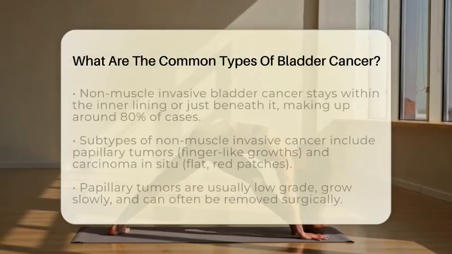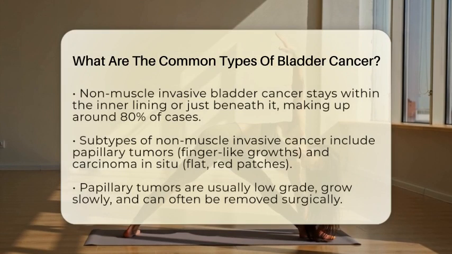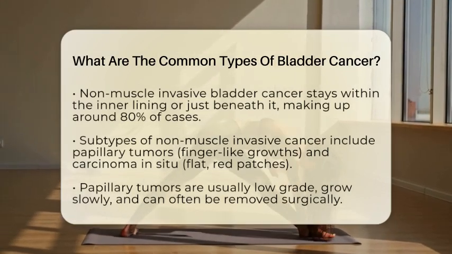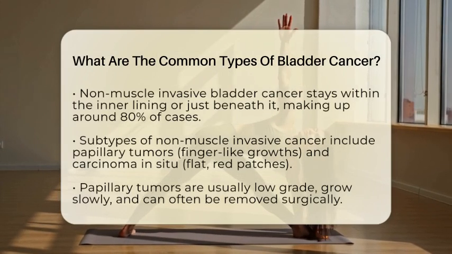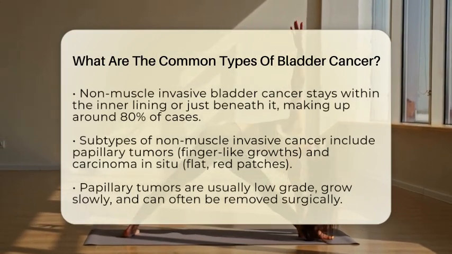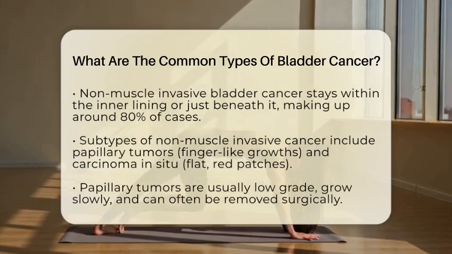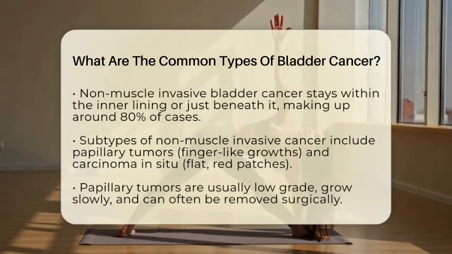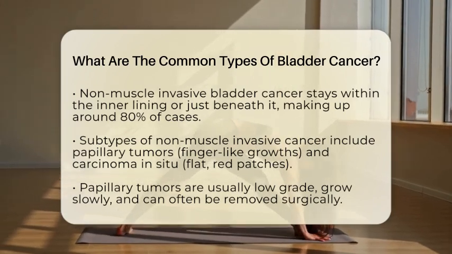One is papillary bladder cancer, which appears as finger-like growths that protrude into the bladder's hollow space. These are usually low-grade, meaning they tend to grow slowly and are less likely to spread, and can often be removed with surgery. Another subtype is carcinoma in situ, or CIS, which looks like flat, red, velvety patches on the